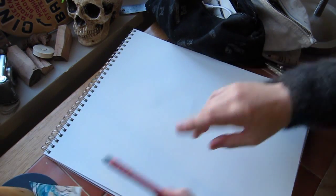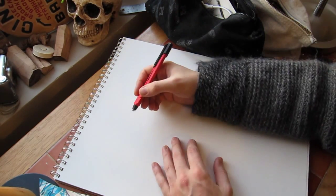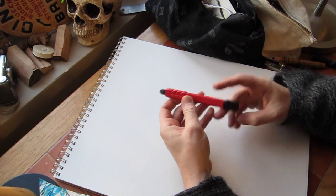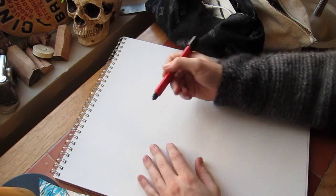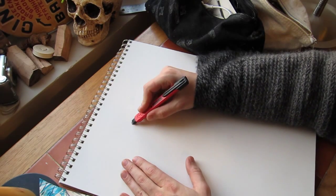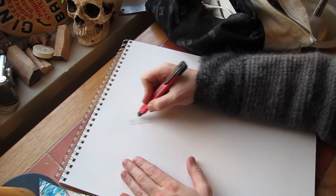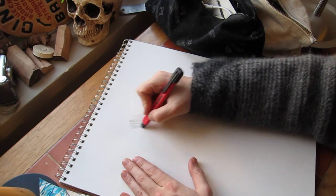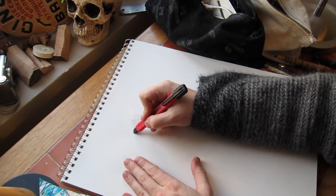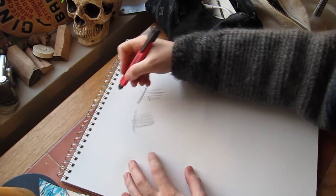Right. This is a pencil I got just the other day. It is a carpenter's pencil, mechanical one. I don't know if you can see the tip, but it's shaped like a chisel, and it's very hard lead, which I'm not sure why they did that. I guess it's whatever. But you can lay it down and get these very light. Look at this. Look how light it is. Just get this shading. It's absolutely beautiful. Nice little made thing there. Yeah, see that? But then you can also, it's like a chisel pencil. Really strange. I mean, you can write, you know,